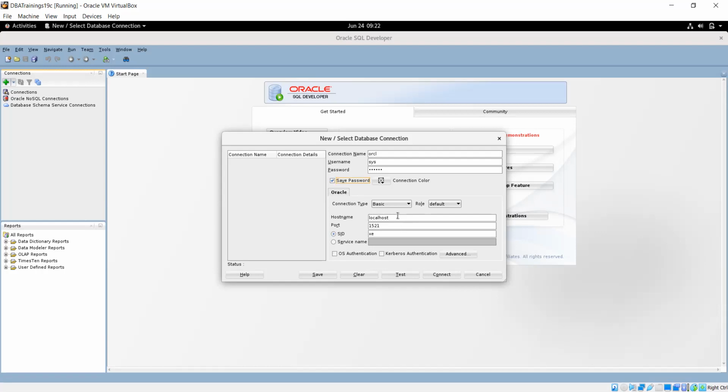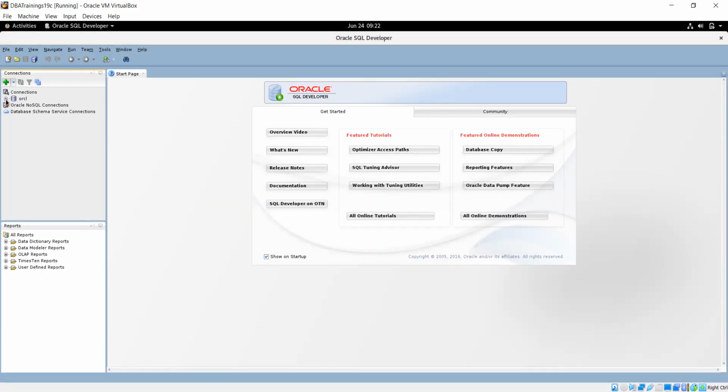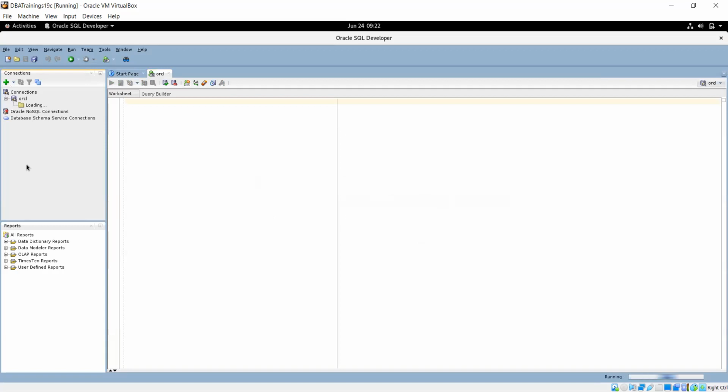Of course, you can use the machine name where you are connecting. Localhost means the same machine, and the SID is what we have given, ORCL. The port number which I am using, I think 22. So role as sysdba. Now you can see here it's a success, and then connect. So from here also you are able to do all the activities.